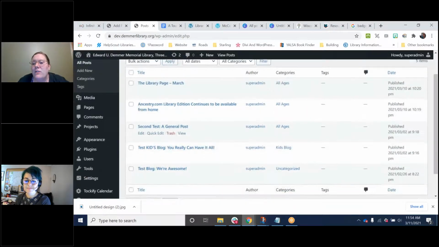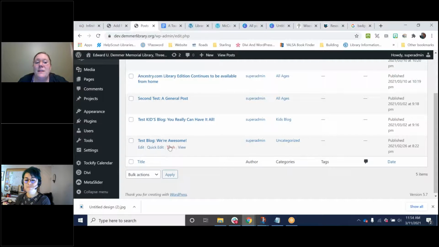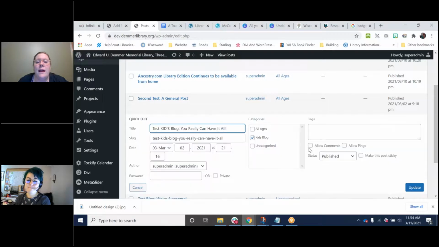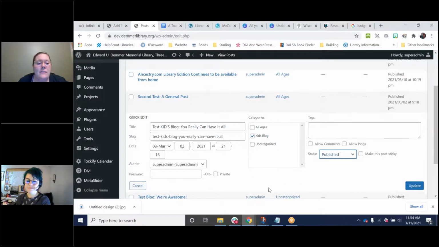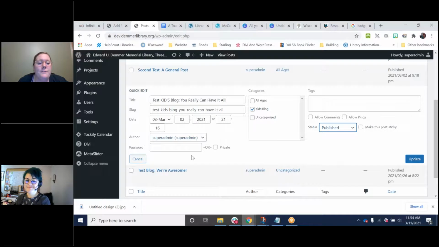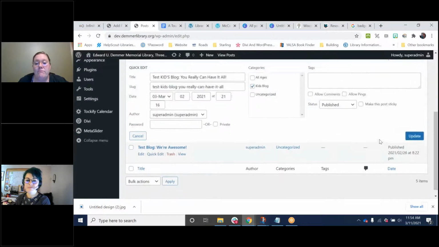When this website goes live, to get rid of that specific post I can put it into trash, or I can do a quick edit and change it to draft, or take it off of the categories, or have it password protected. You can do all kinds of stuff to get rid of it.